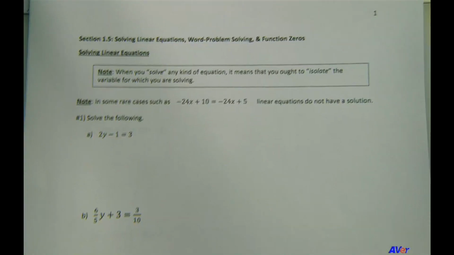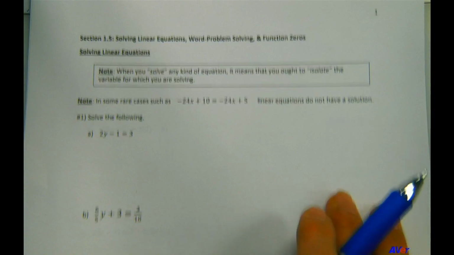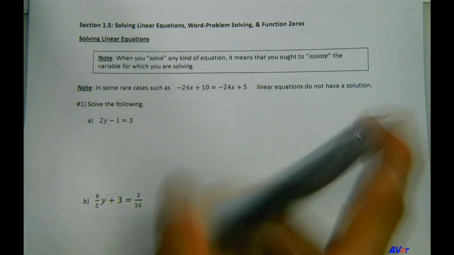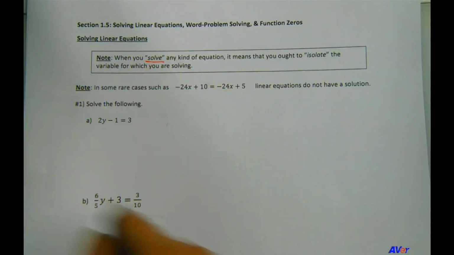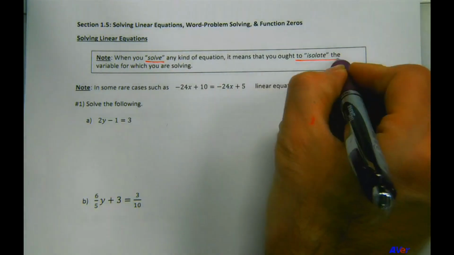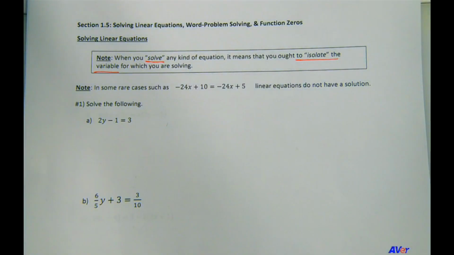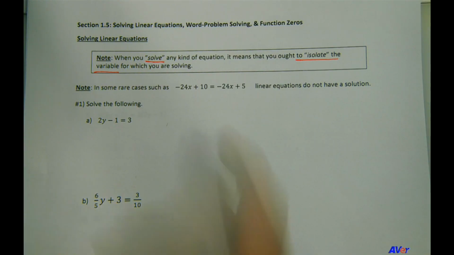So when we solve linear equations, solving for any variable means that we want to isolate the variable. Okay, so you might have an equation with more than one variable, 2 or 3 variables. The one variable you're solving for is the variable you are going to have to isolate. That's what it means to solve for a variable. So for example,